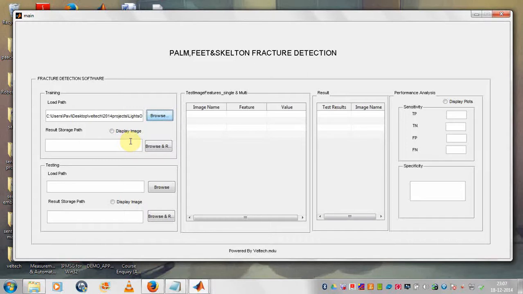Once you give the path, it will process it. Here you just mention the path, from which location you need to select the images. I will show you clearly.